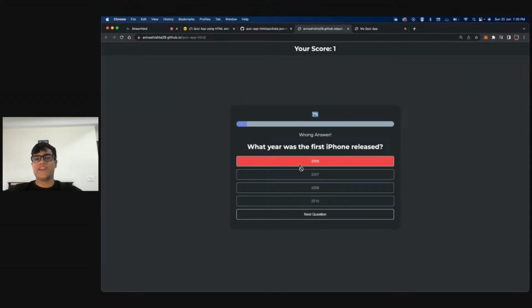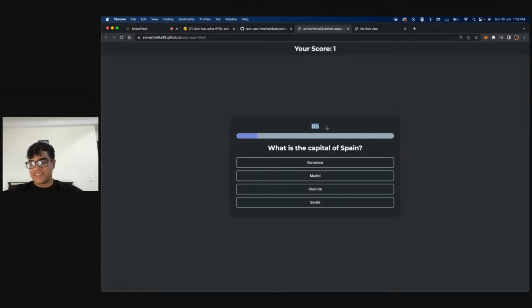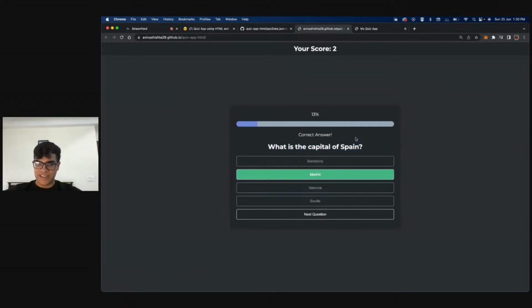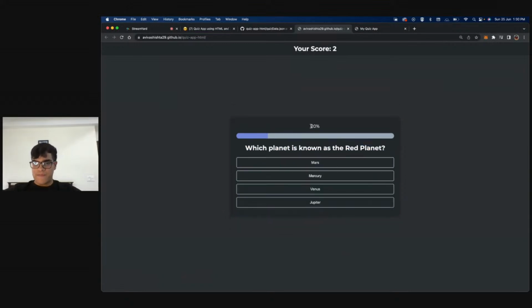As soon as I click on one thing, what happens? So this was the wrong option, so it got converted to red. My score remains the same. Next question comes again. All of these become blurred, right? Not blurred, the opacity decreases, and I see wrong answer. Now if I click on next question, this increases, score remains the same, question changes, right? If I click on Madrid, green, correct answer comes. Next question. Score improves, right? Are you guys getting what is happening?